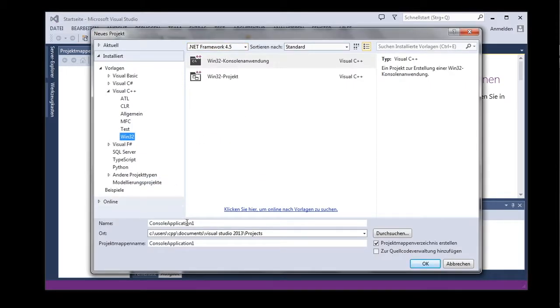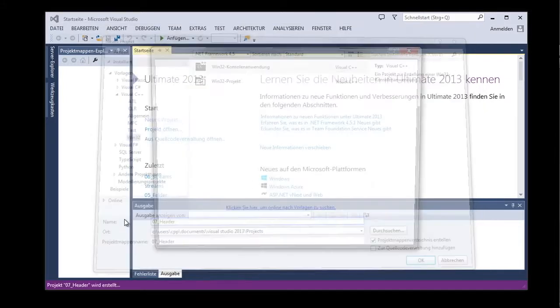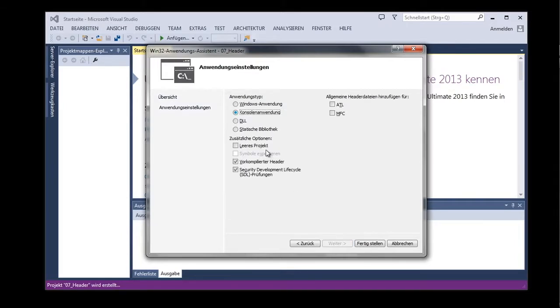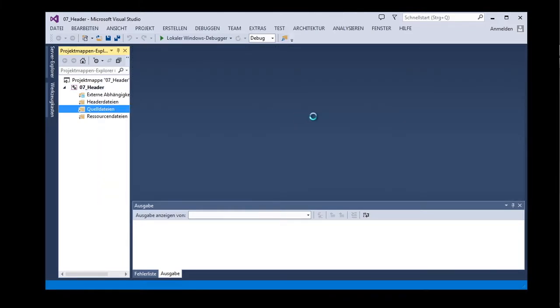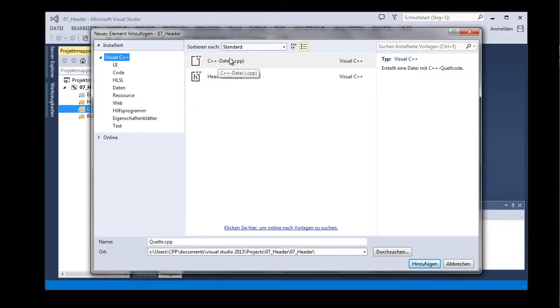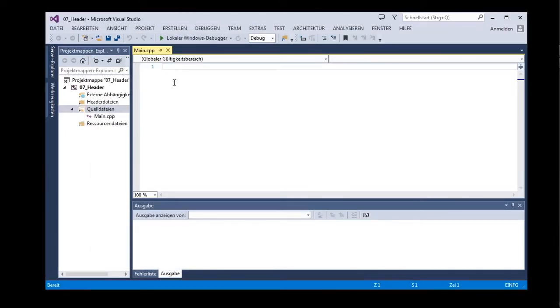We create a new project, name it number 7 header, then as usual next, empty project, and then we add a new source data, new element. For now still a C++ file, but later I'm going to show you how to use header files. So this time still a main.cpp, and then our standard structure is to include